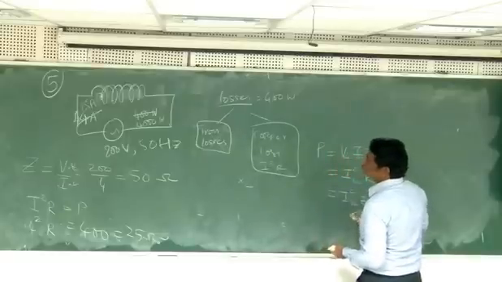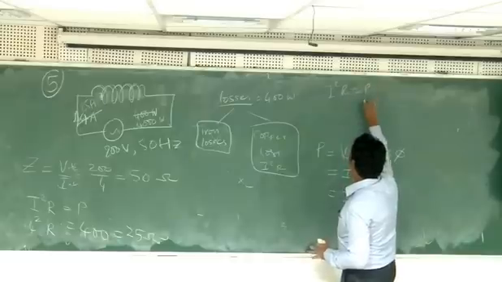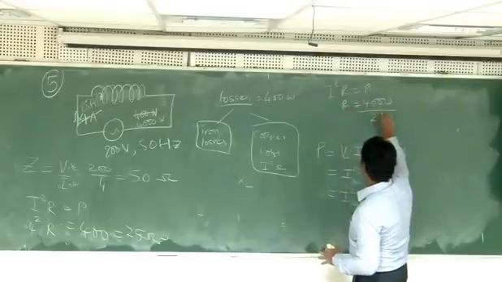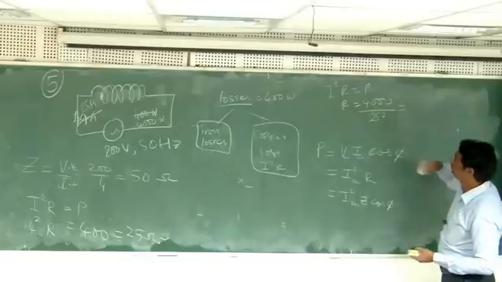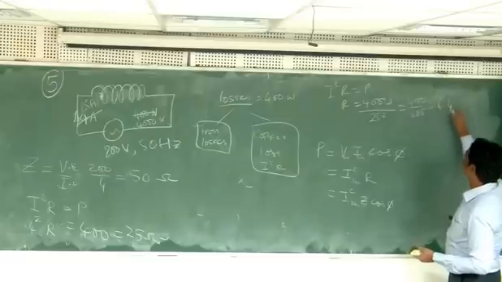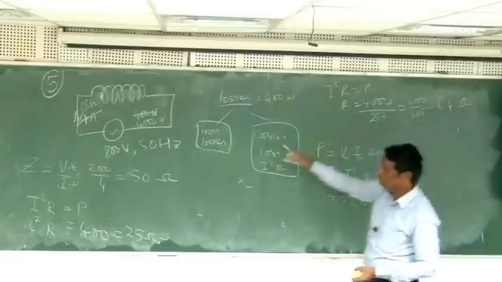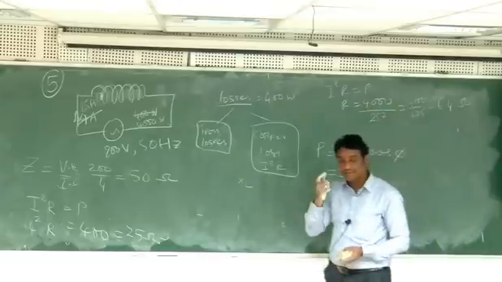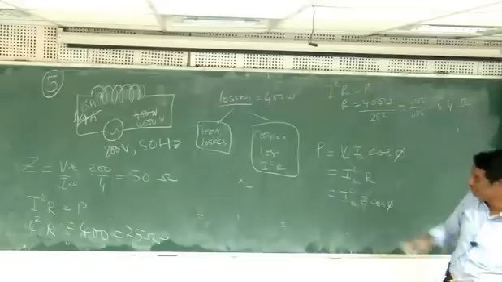Now in the second case, again I will calculate the effective resistance. I square R equals P. So 4000 equals R into I square, 25 square. How much is the resistance now? 4000 by 625, 6.4. Now this 6.4 is the actual resistance of the copper. If I subtract 6.4 from the 25, the remaining component is actually the loss because of the iron core.